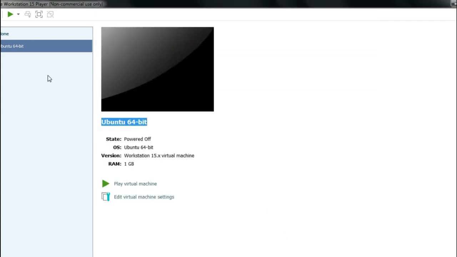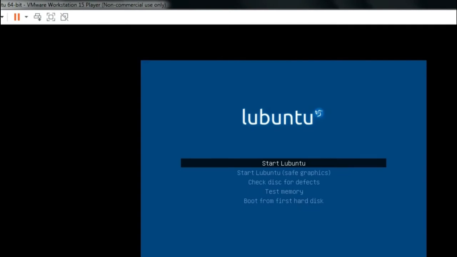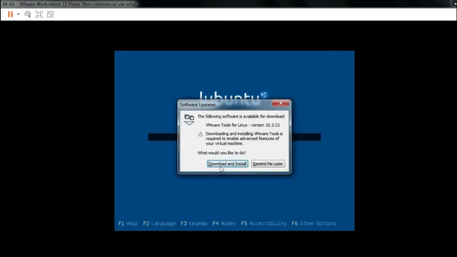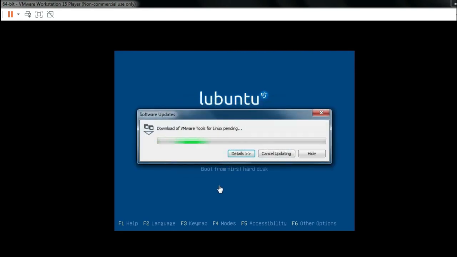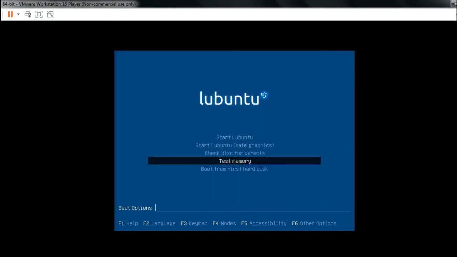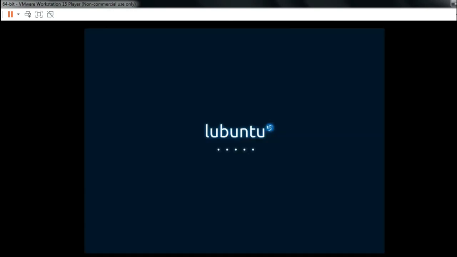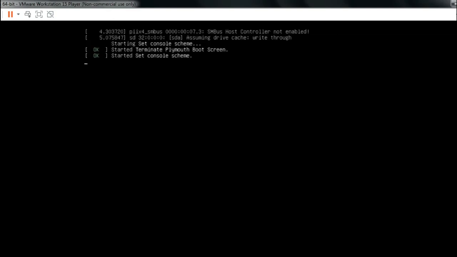Now you press the play button, you can see the screen and it's asking for the language. Set the language over there and then start installing into your hypervisor. Yes, download and install. It's going to take some time. Click Start Lubuntu. Now you can see the screen opening up. This is the desktop.